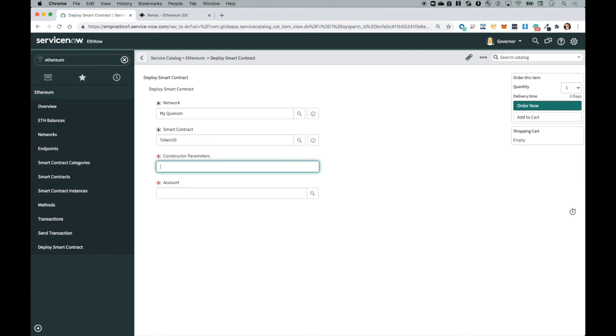So because this must be an integer number, it's going to be a huge number. By default, the token takes 18 zeros after the comma, so that means that one token will be equal to 10 to the 18th